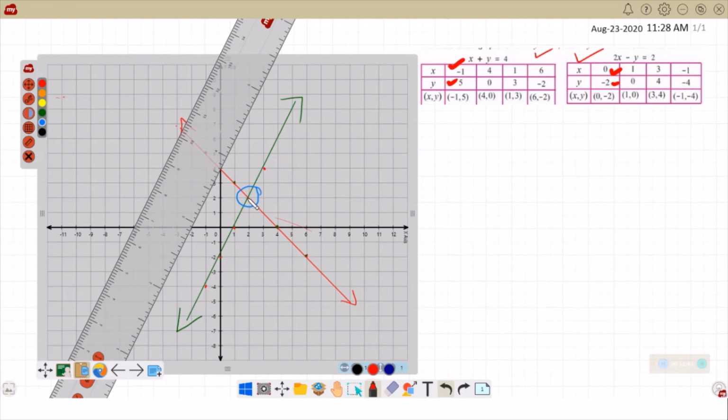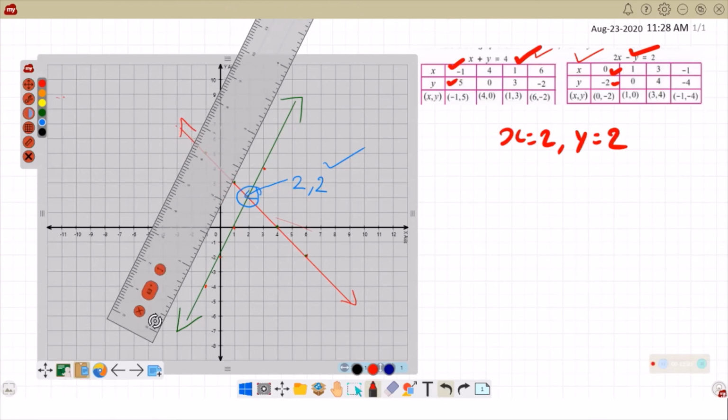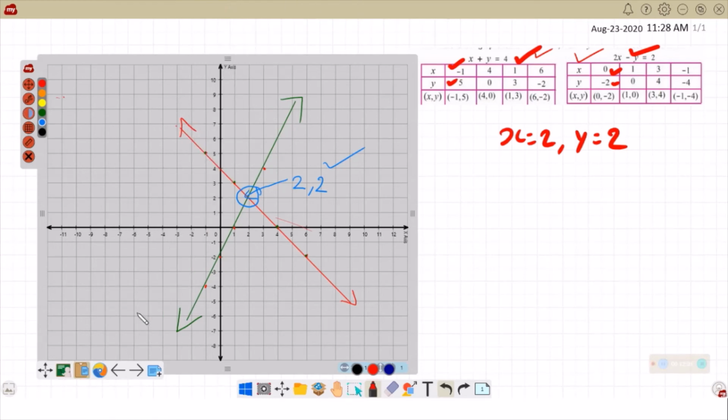But if you look at this point where it meets, it is 2 on x and 2 on y. That is why I said that when we did this before, we got x is equal to 2, y is equal to 2, and we got the same in the graph. Understood? So that means graphically we can find the solution for simultaneous equations. And making just this much does not complete the graph.